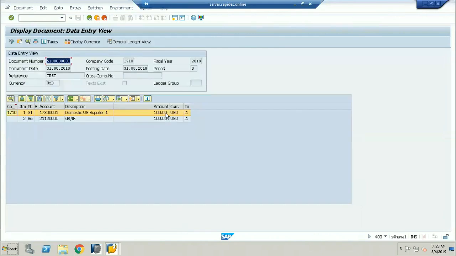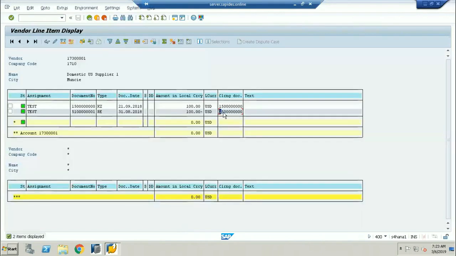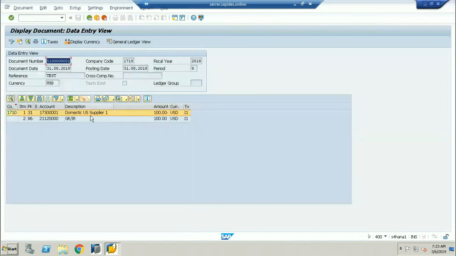100 is the USD dollar. See, 100 is the USD dollar. It has got cleared with 15000 as the transaction. Now, yes, it has cleared. Now, if I go back,